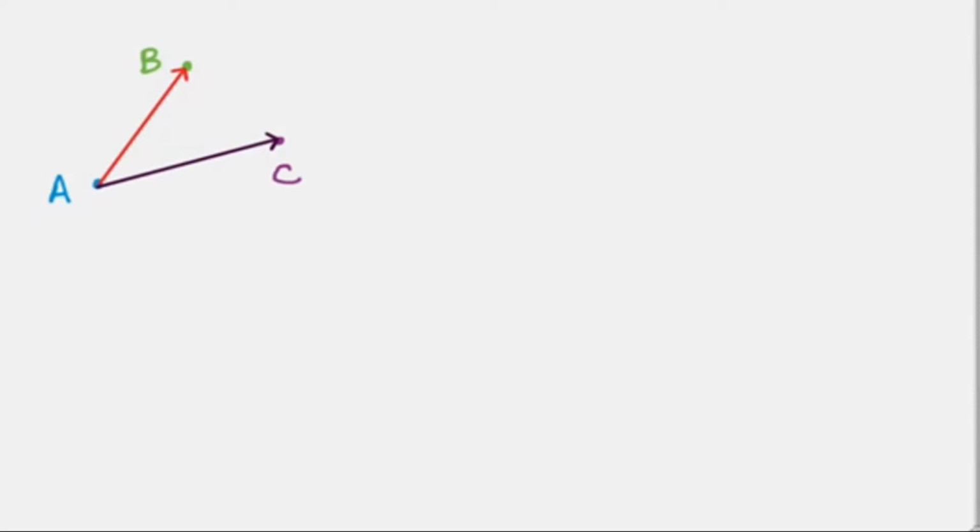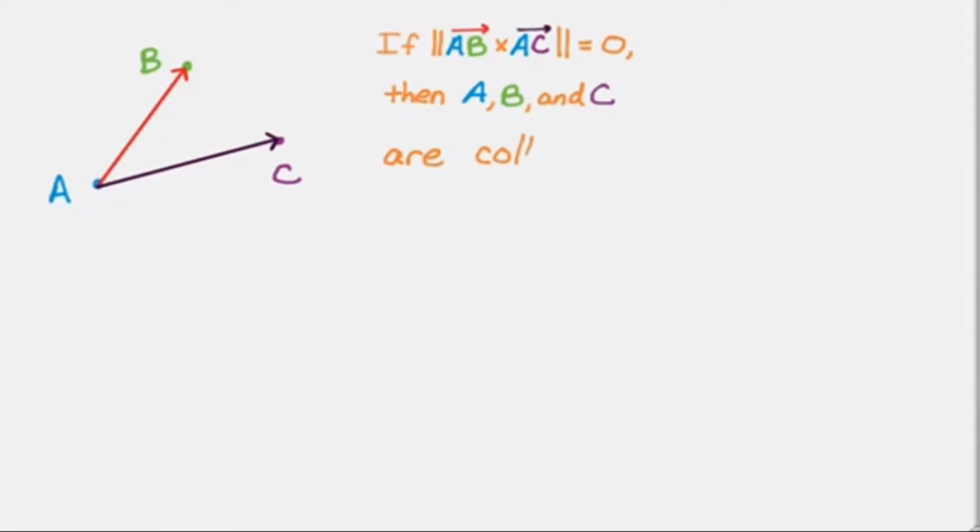So still this gives us the area of the triangle, which is 5√14 over 2. Now if we consider 3 points A, B, C, and we make two vectors having A as common, that is AB and AC having a common point. Now if we take the cross product of these two vectors, AB cross AC, and we get the magnitude of AB cross AC as 0.